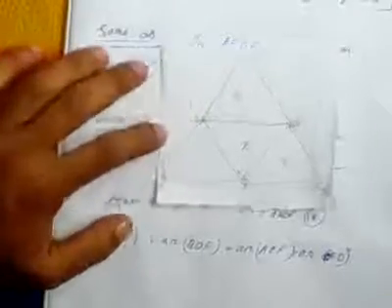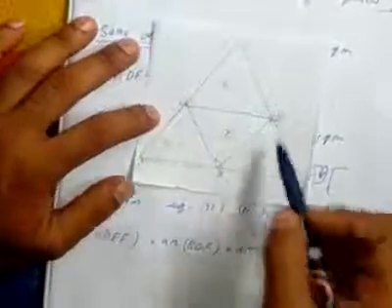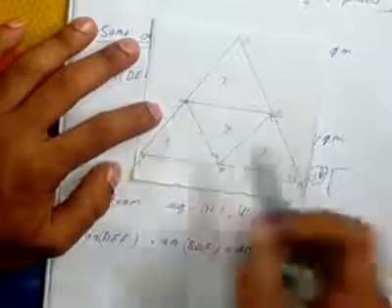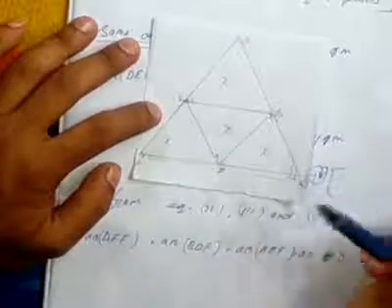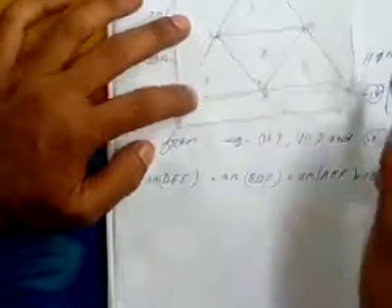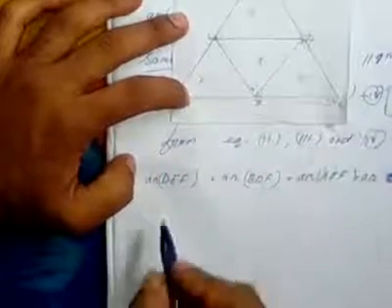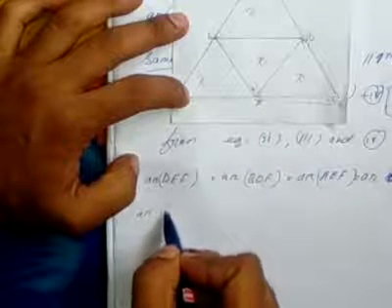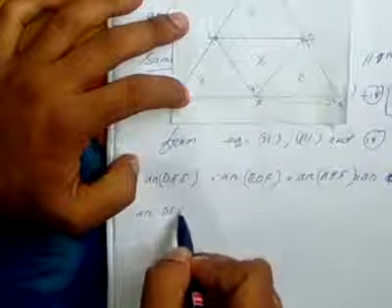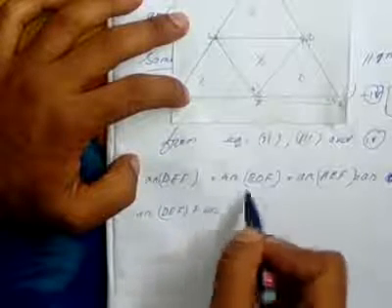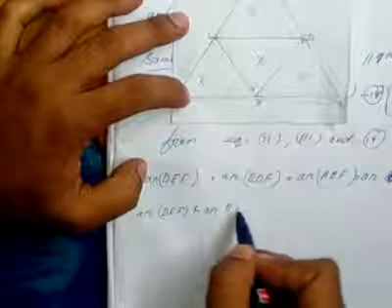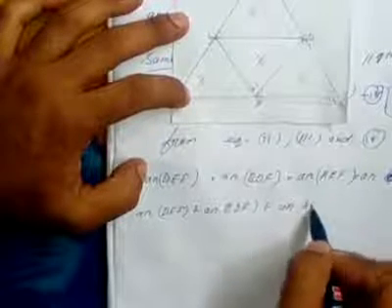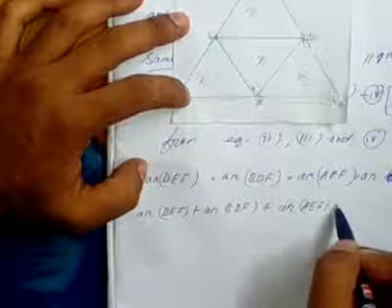Okay, so again, if we add all these triangles, 1, 2, 3 and 4, then we will get the area of ABC, isn't it? So we'll write this one. First of all, we'll write area of DEF plus area of BDF plus area of AEF plus